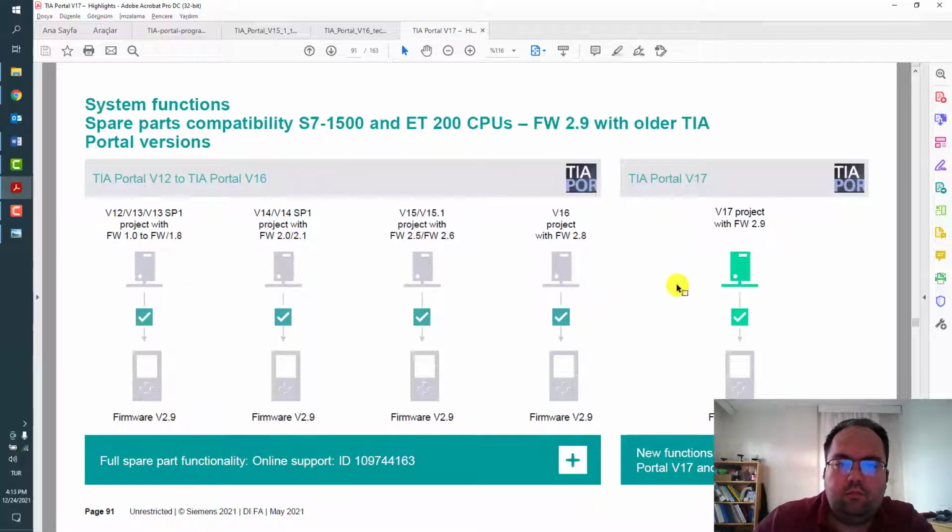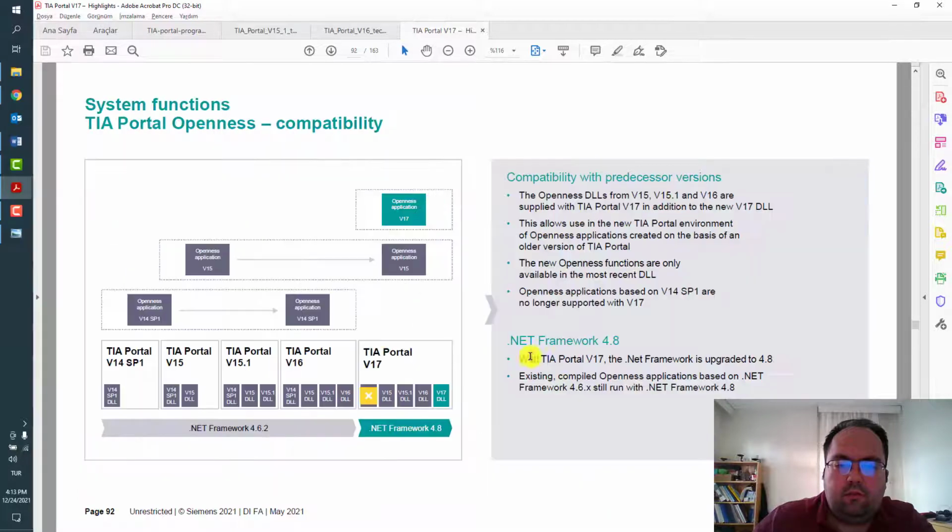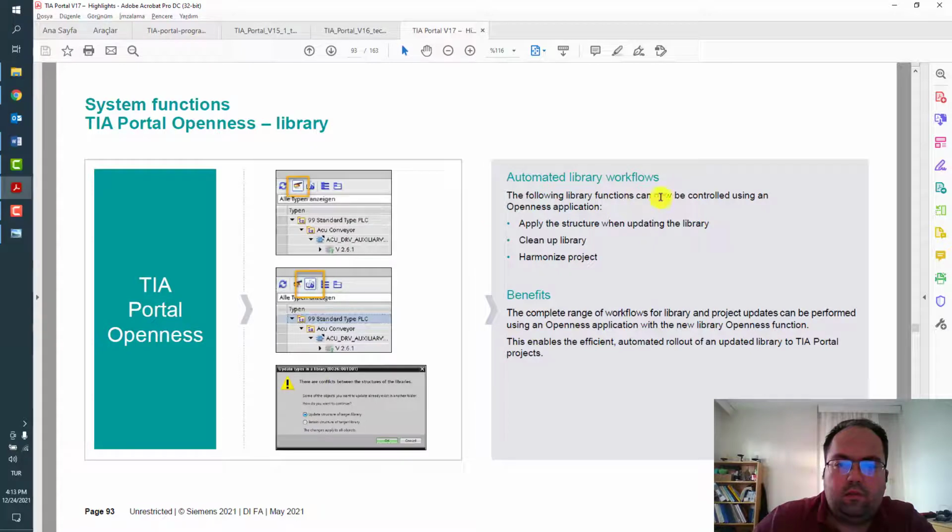As I mentioned before, the spare part replacement depends on the firmware, Openness, compatibility with the .NET framework, predecessor, and the new versions.